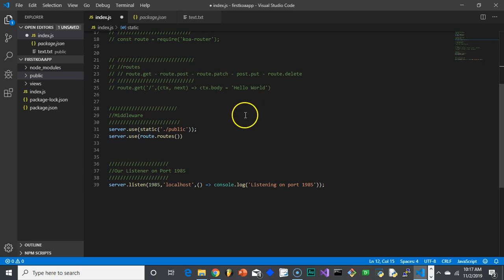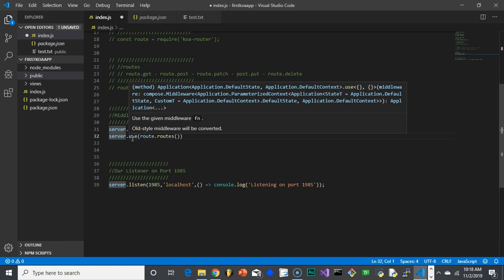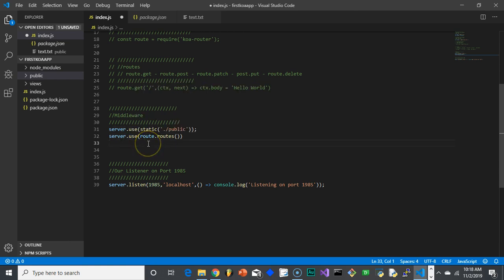Now I generally like to create a section for my middleware. Okay, and again, what is middleware? Middleware is basically everything that happens between the request and the response. Essentially, when someone types in your website URL, they are sending a request to your server. Your server is going to do stuff and then send a response. All the stuff that it does in between is the middleware. So anytime you see server.use, or whatever you call your server, .use is defining middleware, saying, okay, these are the things you need to do